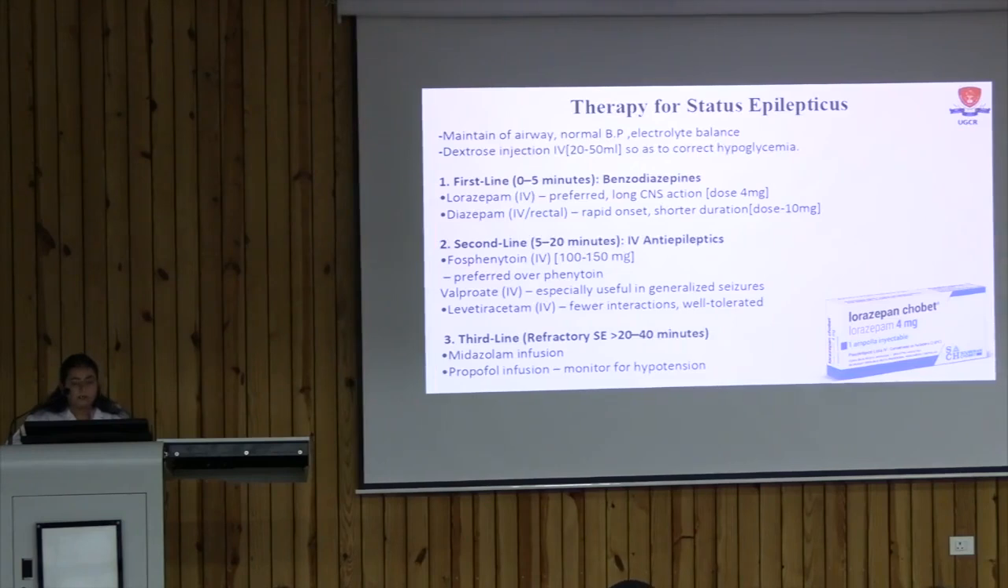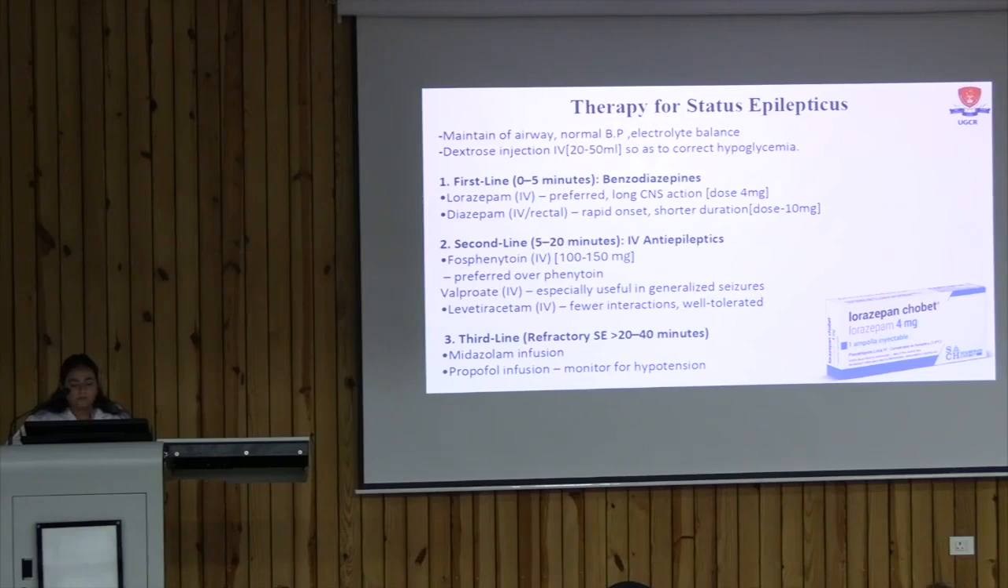Therapy for status epilepticus. The primary treatment is maintenance of airway, normal blood pressure, and fluid and electrolyte balance. A dextrose injection can be given intravenously to correct seizures due to hypoglycemia. The first line drugs, to be given within 5 minutes, are benzodiazepines: intravenous lorazepam, which is preferred due to its long CNS action, while diazepam, which can be given either intravenously or rectally, is used due to its rapid onset of